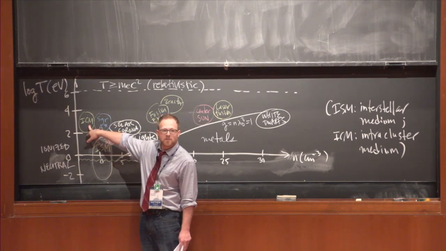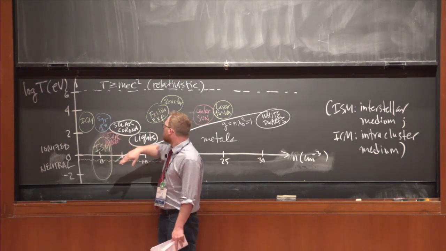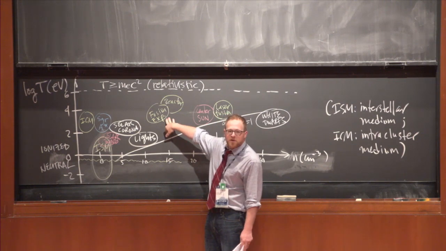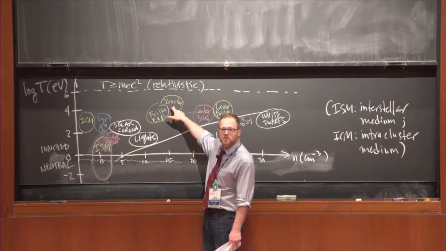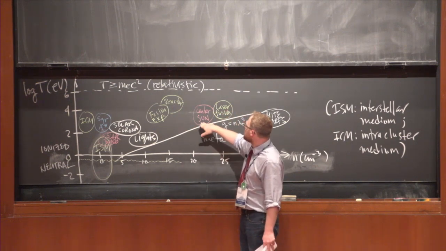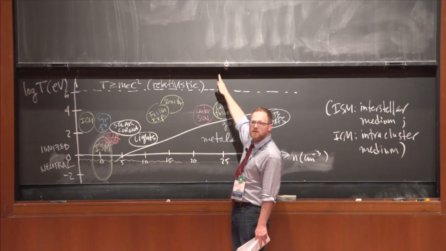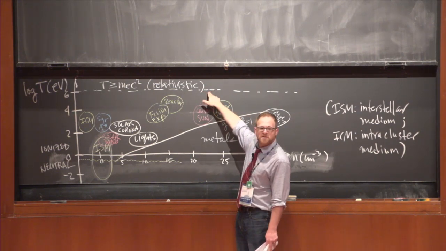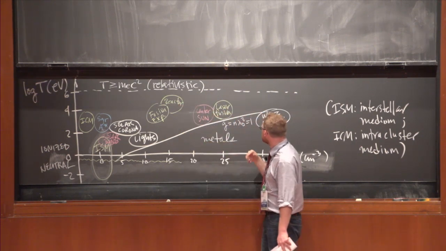The intracluster medium of galaxy clusters, Elliot's going to talk about this later. The solar corona, light bulbs. Current experiments in fusion, and if you were able to do nuclear fusion, this is where a reactor would live. Here's the center of the sun. Here's laser fusion experiments. All the way up here is relativistic. I put this here to let you know that I'm doing nothing near this line, so I'll pretty much stay in the non-relativistic regime.